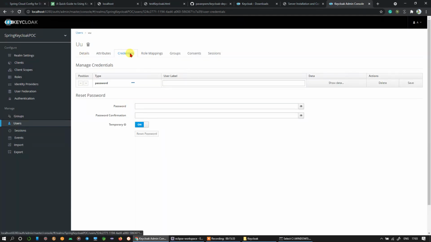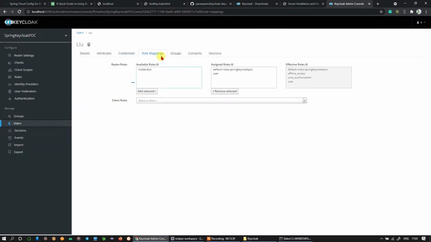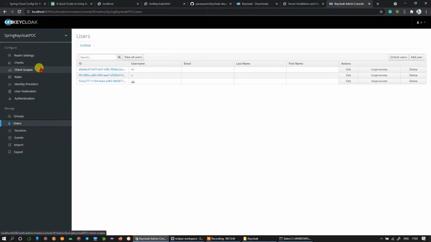So this is how you create a user. You give a user a name, and then you add credentials, its password, and then you do role mapping. That's it. This is the setup of your Keycloak server. Now all this data is saved in your MySQL Workbench. Keycloak will create all the tables, but you need to have an already created Keycloak database in your MySQL. But don't worry about the tables. Tables will be created automatically by Keycloak because it uses Hibernate.